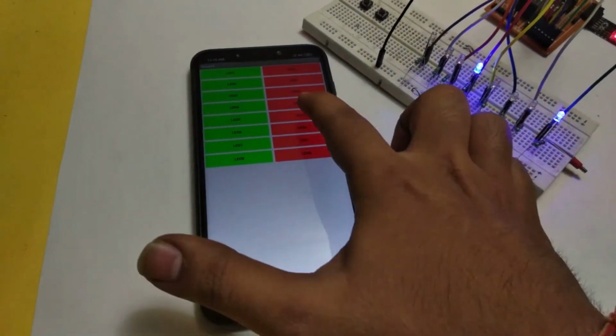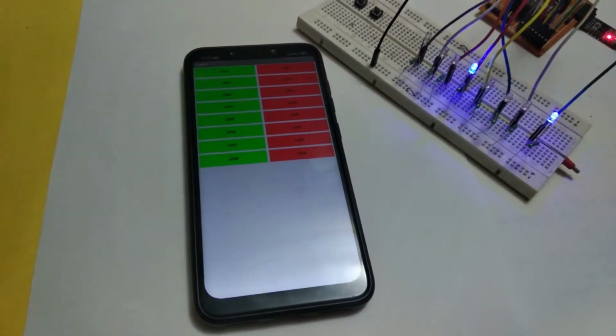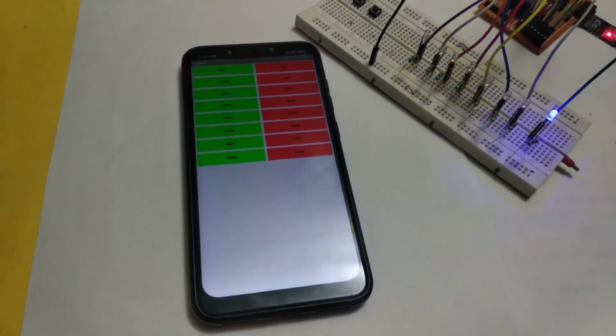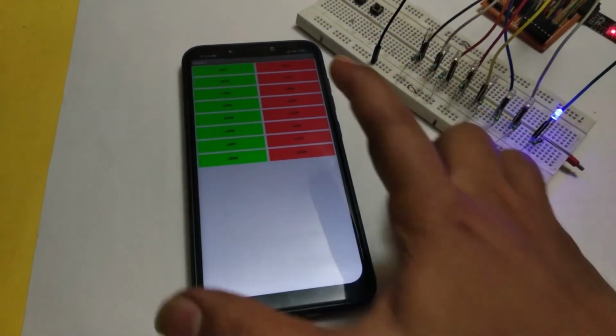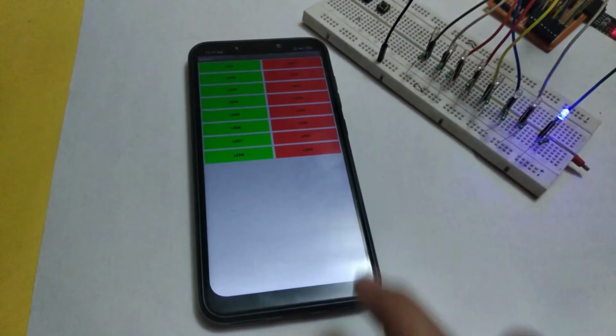If you are using free ThingSpeak server, then there is a delay of 10 to 15 seconds while turning on and off LED.